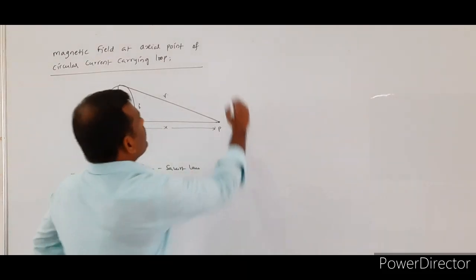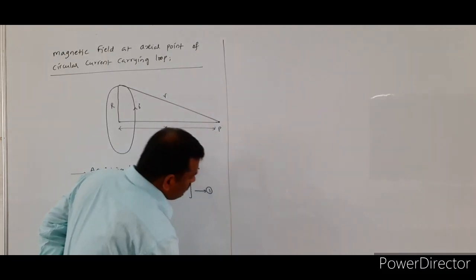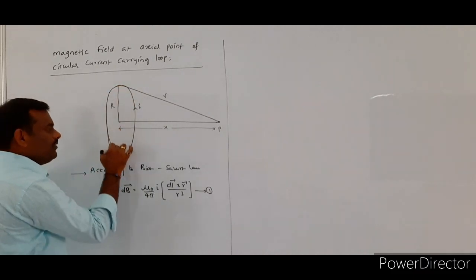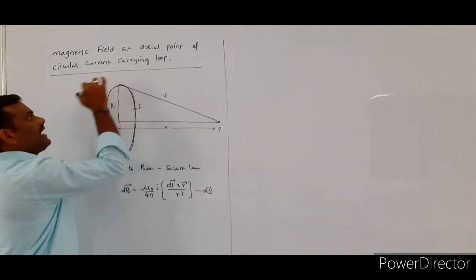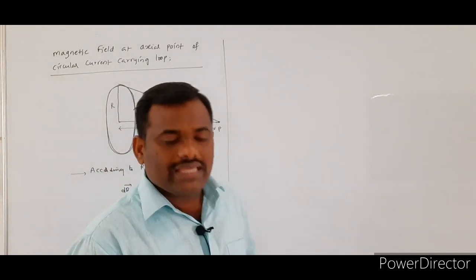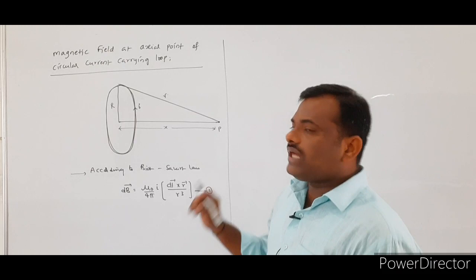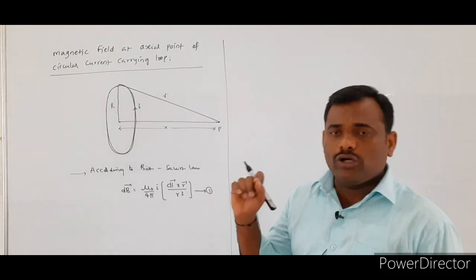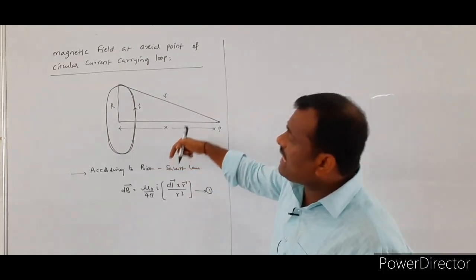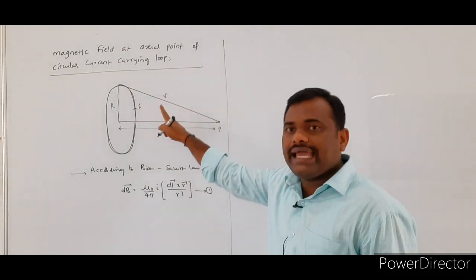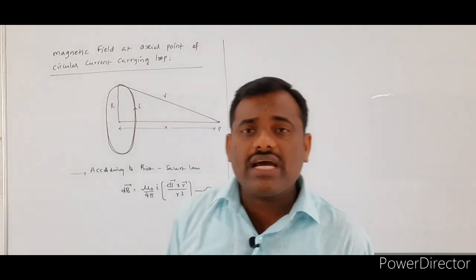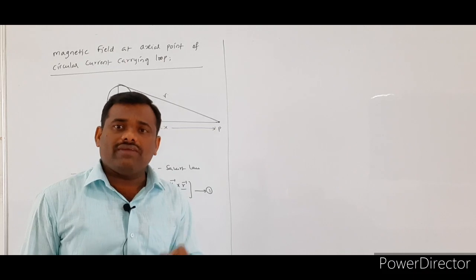Now coming to the topic, here we consider a circular current carrying coil. We consider what? A circular current carrying coil which is having a radius of capital R. So capital R is indicating what? The radius of the circular current carrying coil is equal to what? Capital R. And through the circular current carrying coil, I am assuming that I amount of current will be flowing. How much current was flowing? I amount of current will be flowing.